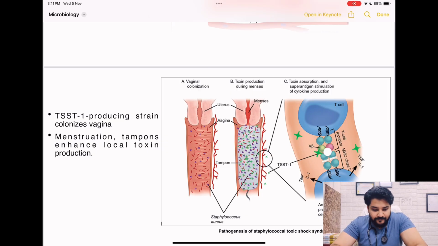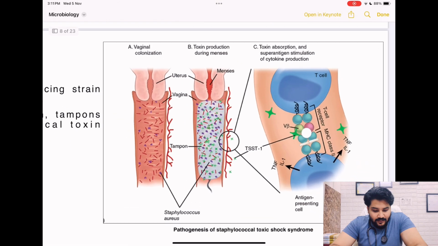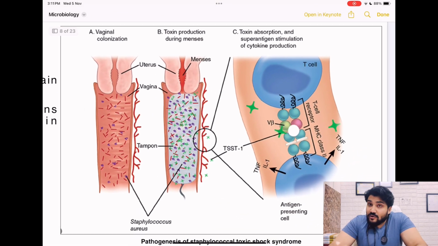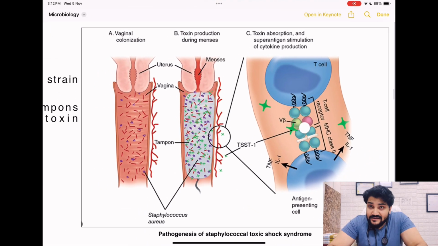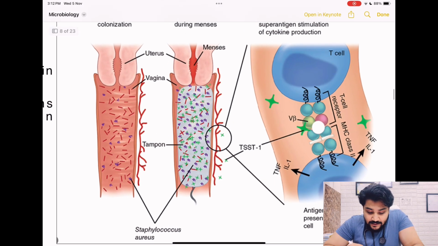Look at this picture. Staphylococcus are present in the vagina as a colonizer. Once the woman gets her menstrual cycle, she uses a tampon. With the help of this tampon, the Staphylococcus will proliferate in a very enormous manner. So they will release this toxin, and this toxin will get access to the blood vessels, and then they have